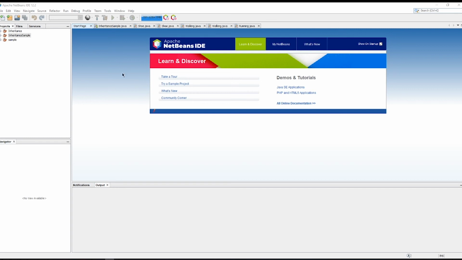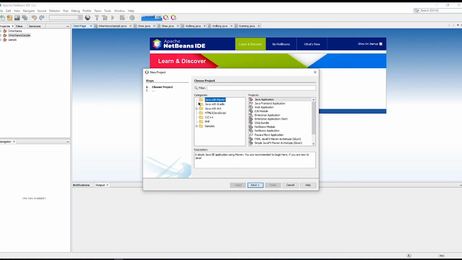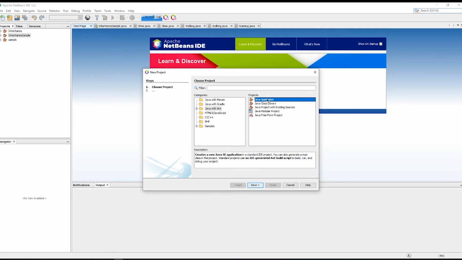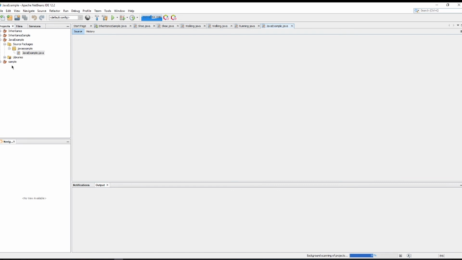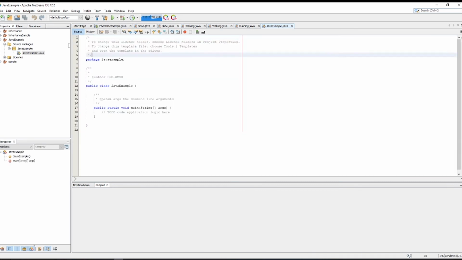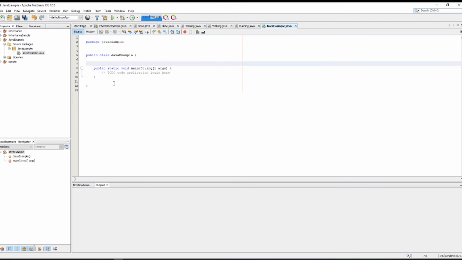As you can see, I've already fired up my IDE. So let's go to File, Project, and hit Finish. Okay, so as you can see, we'll just have to remove the comments for us to have clean code, or fresh. So now